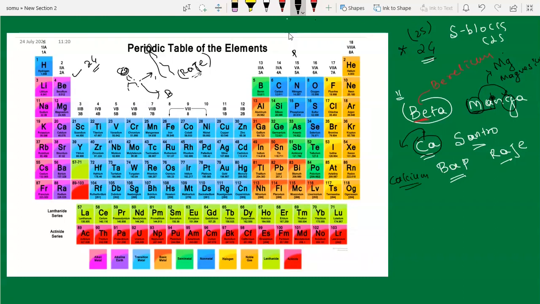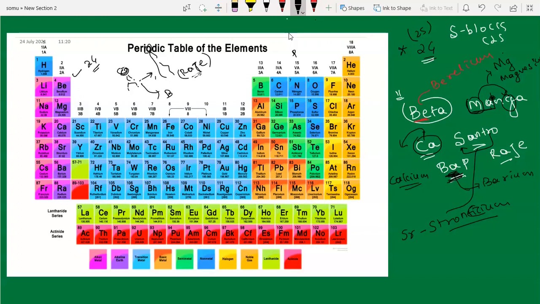Then Santro: here R and S, you can take Sr, and pronounce it as strontium. Then Bap, you can take Ba. Ba represents barium.